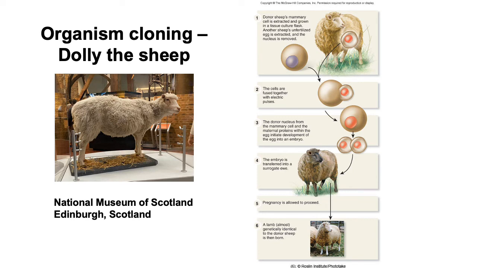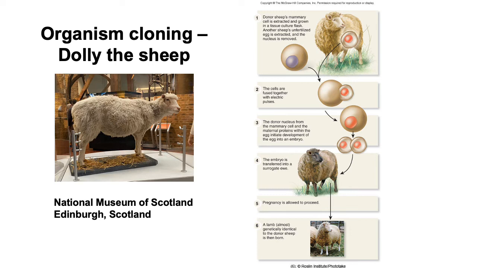And so Dolly then was a genetic clone to the donor sheep, shown way back up in panel 1. And again, this took a number of attempts; I think Dolly was the one success out of over 200 attempts. But since Dolly the sheep in 1996, many mammals have been cloned. Mostly livestock, and you can imagine that there are some advantages to having a genetically homogeneous herd of cattle and